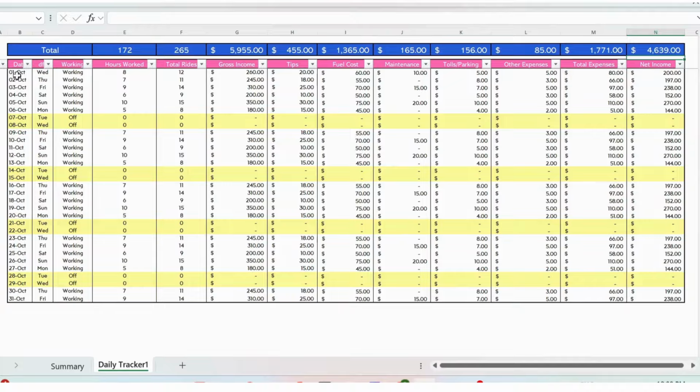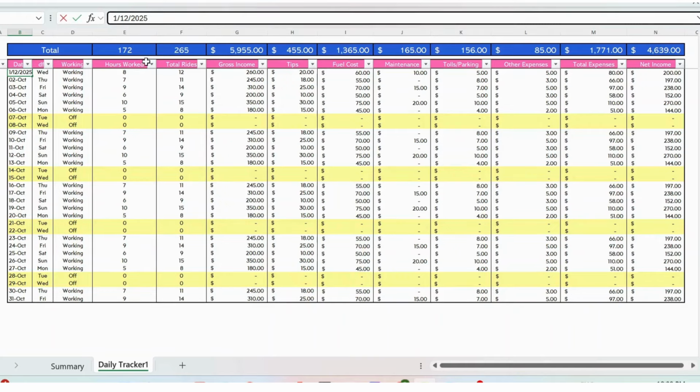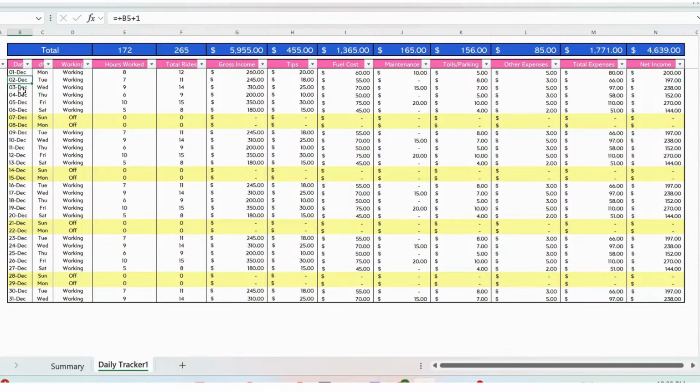So you have the date that is from 1st October to 31st October. Now instead of 1st October, if I take 1st December, I just make a change in the month and press enter. Automatically the entire table gets updated for the month of December. You could also notice that the weekdays, the days, automatically get updated, and then you have the working days and wherever you have off, so that entire table has been updated. For example, instead of working here, if I update it to OFF and press enter, the entire row gets updated.